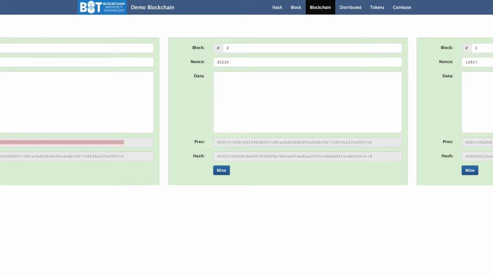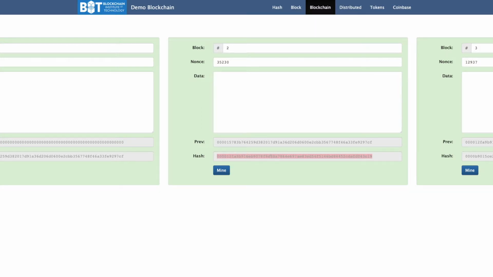These four values are hashed together with SHA-256 and create this hash. This hash is then added to the next block, and then this entire block also has to be mined with all the data in it, and it also generates a hash that complies with the rule that it starts with four zeros.